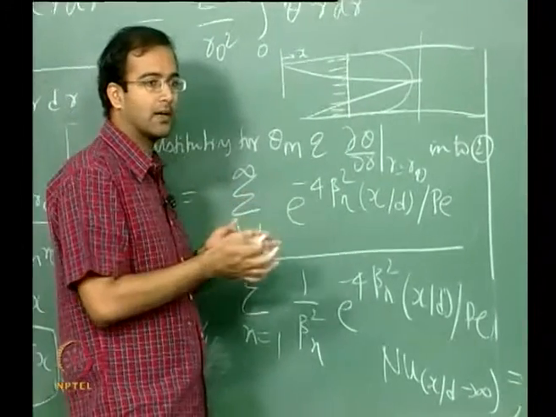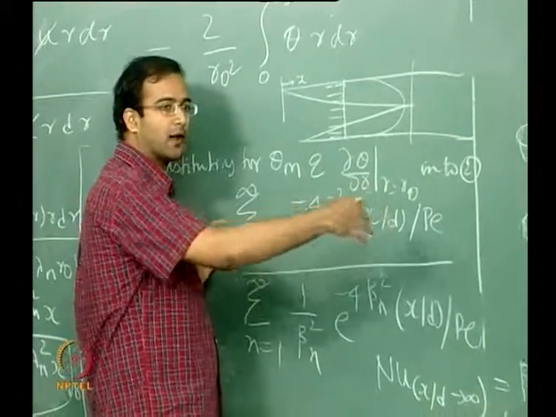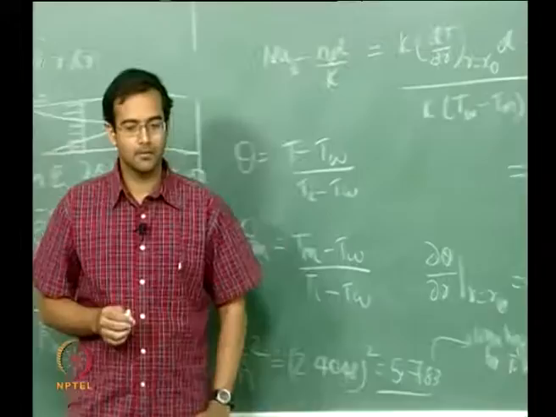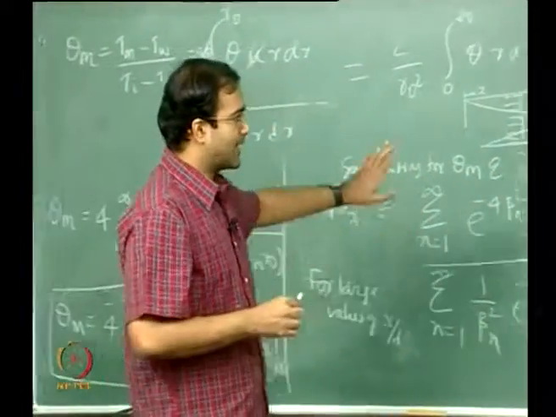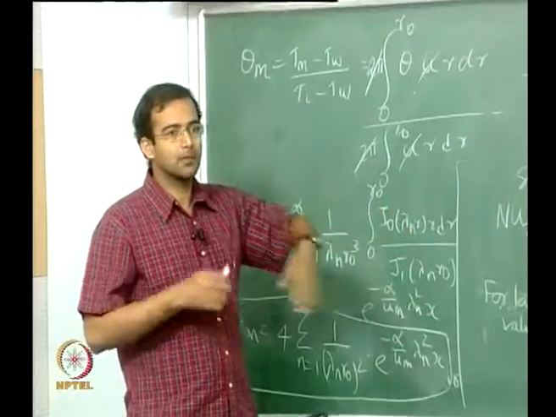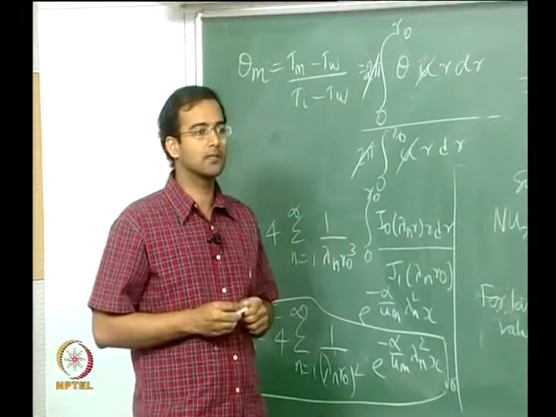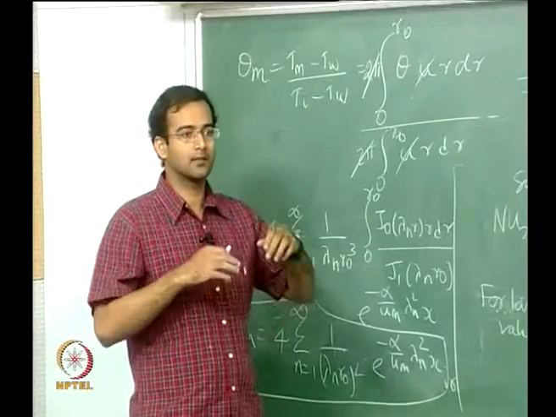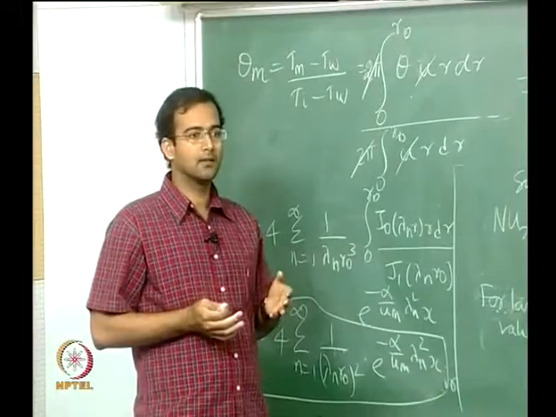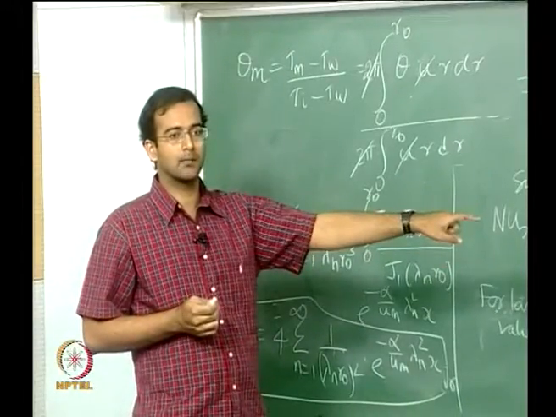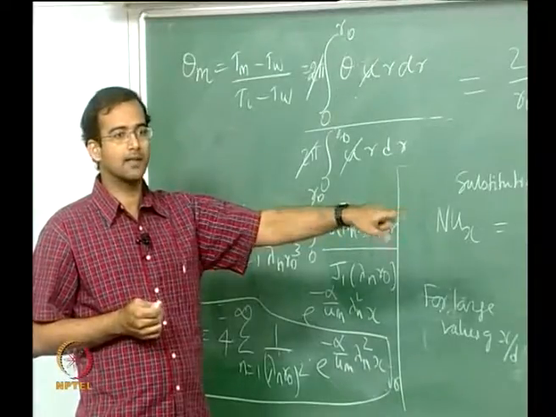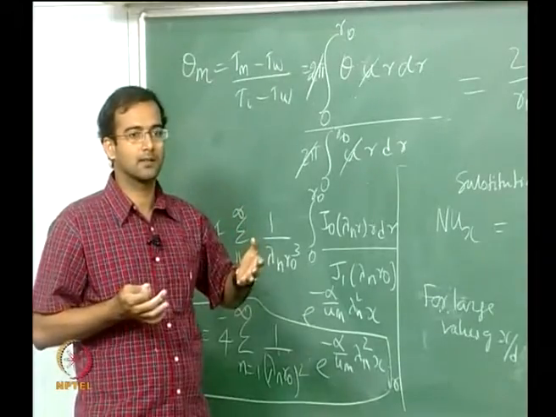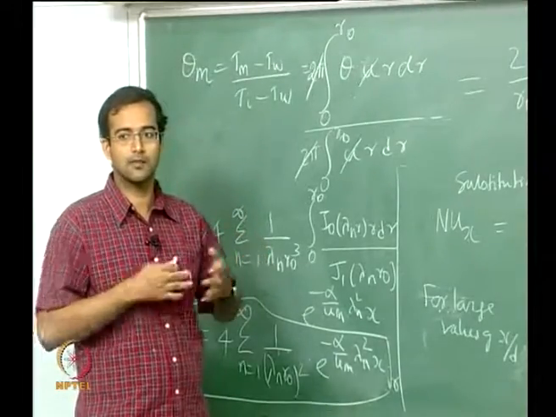Rather than doing the thermally fully developed flow, we could do this and then go for large values of x by d and directly get the limiting solution. This is the classical Graetz problem, where he assumed a plug flow. Tomorrow we will do an extension of the Graetz problem, first to a parabolic velocity profile, so you should reach the value you got earlier, 3.6. Next we will look at the extension of the Graetz problem to other boundary conditions, like constant wall flux as well as linear variation.